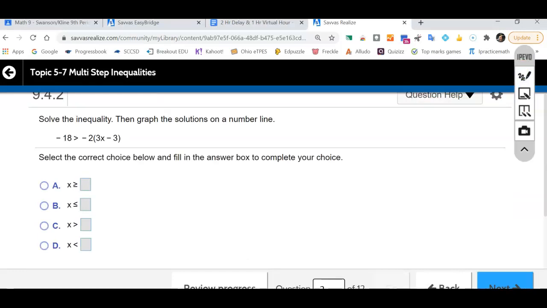What if we have one that looks like this? And I got my variable on the right side. I flip it because I like my variable on the left, because if you look at all of your options,